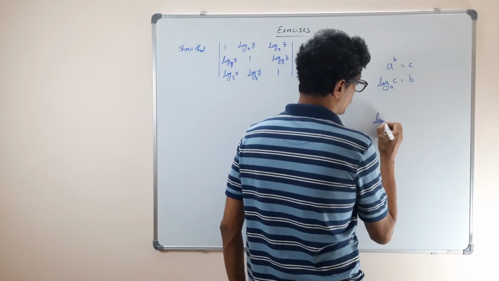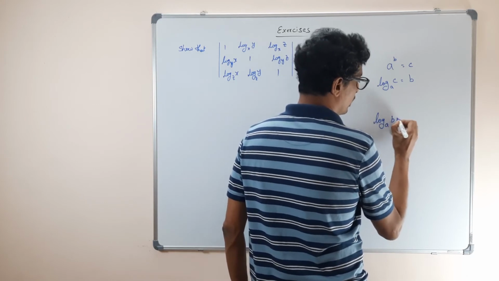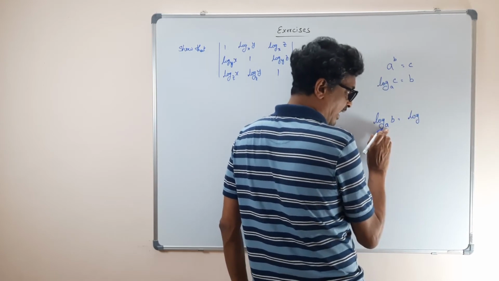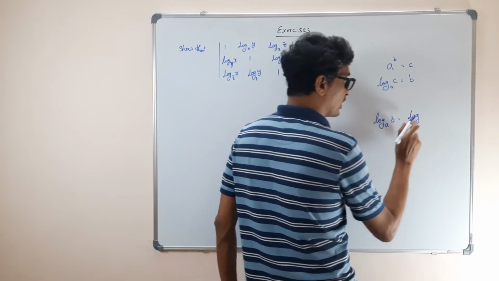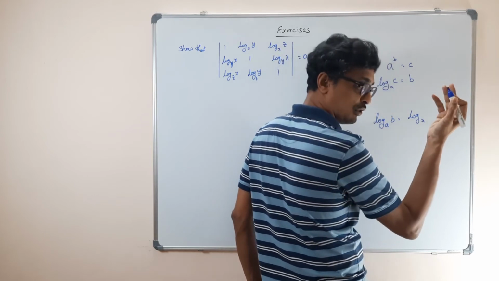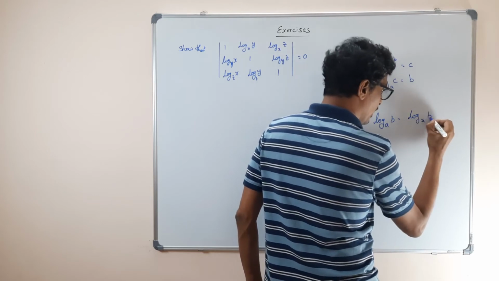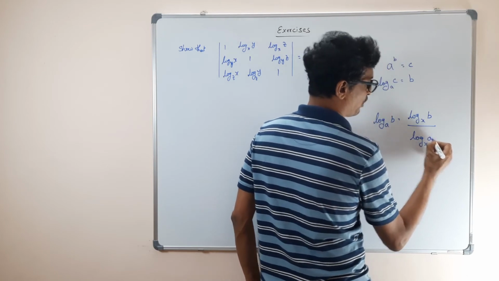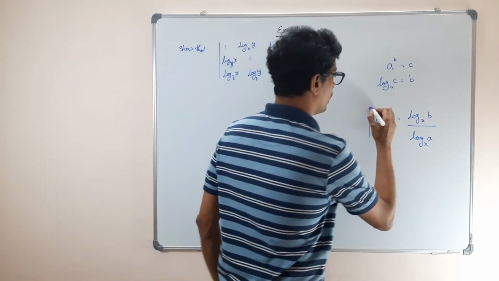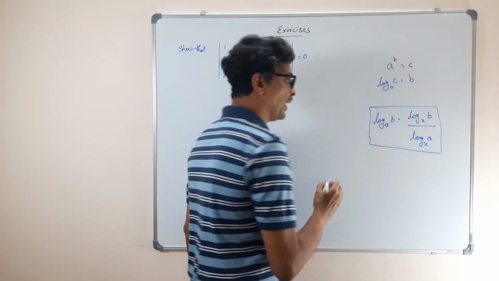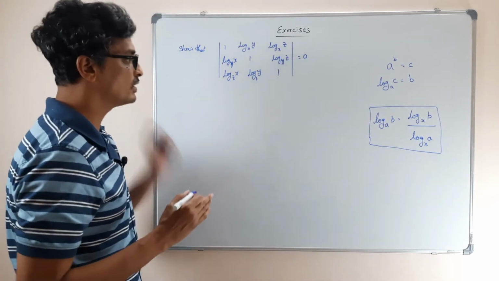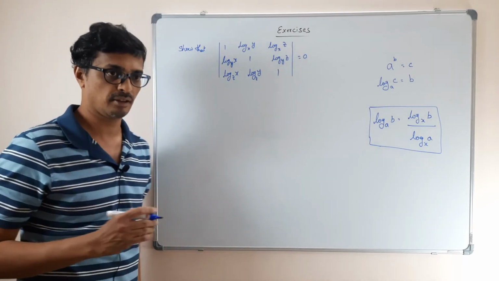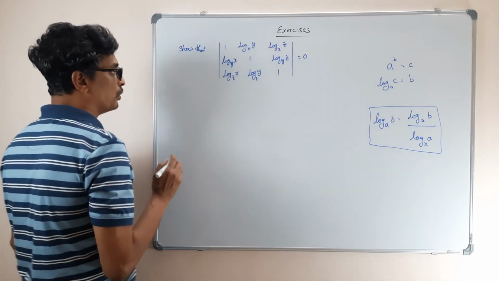If you have some quantity as log a b, I can write this as log base a of b. You can write it as log base x, some x, we don't know what it is, log base x of b divided by log, again the same base x, of a. So this is one property of logarithm. Okay. So we can use this property to solve this problem. When you go into the logarithm chapter, I will explain how to get this property. You remind me at the time. Okay.